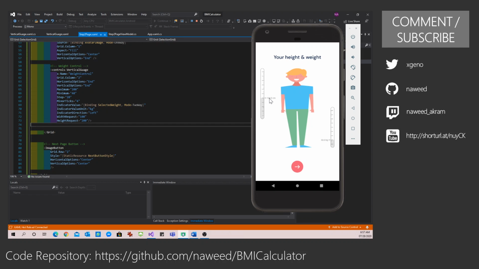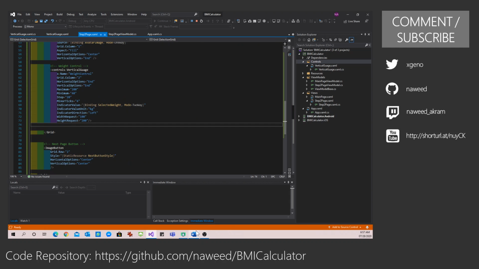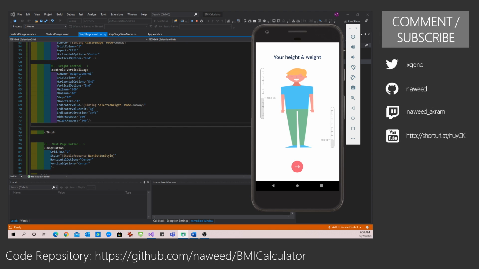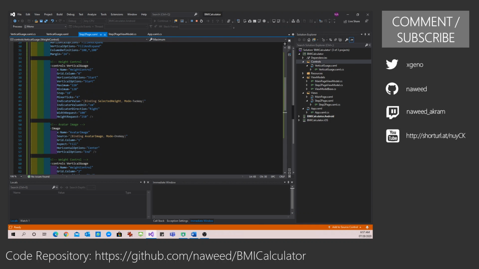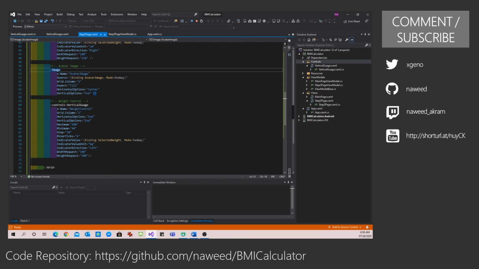Just to show you these values of 160 and 60, this is what we initially set in our view model. So I'm defaulting it to some value, saying okay, let's start with the normal person, and then if you are underweight or overweight, we can work with that. These are the tick marks, the major tick marks. In this case, our height control is from 220 to 120, and we said the step is 10. So it is 120, 130, 140, 150, 160 up to 220. But for our weight, we said it is 40 to 200 kg, but the step is 20.